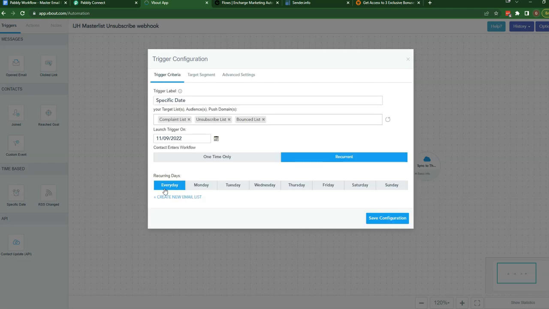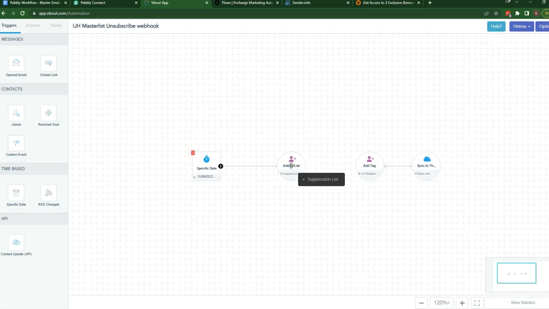Anyone who has complained about my email list, anyone who has unsubscribed, or any emails which have bounced. So I have tried to cover all the people that may be messing up the email deliverability or domain reputation. I selected all these lists and then I said add